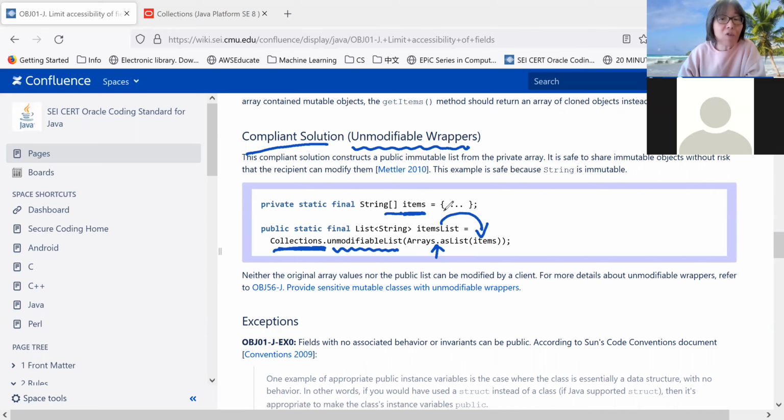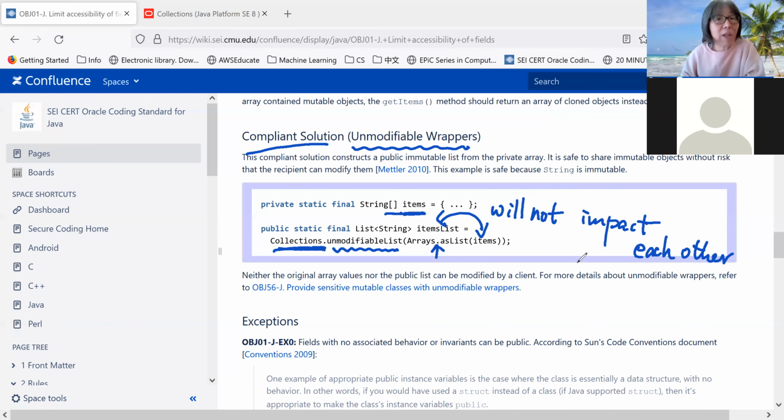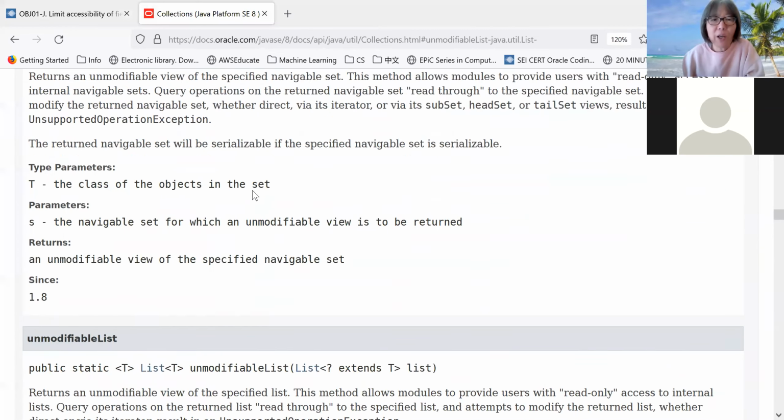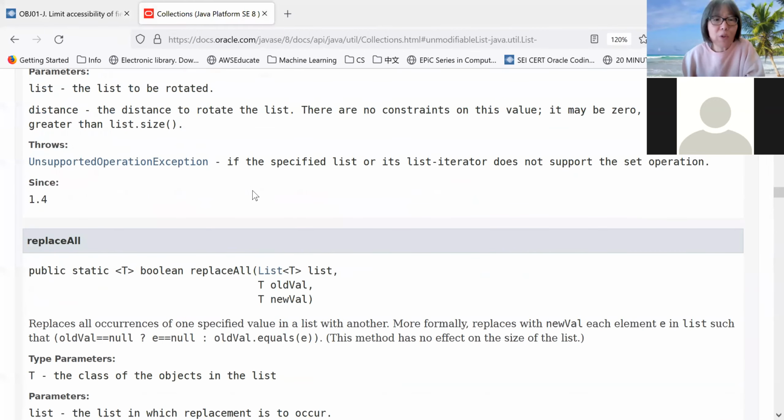Okay, so these two will not impact each other. So that's the difference between these two. And we can take a look at that unmodifiable, and if we go to this,